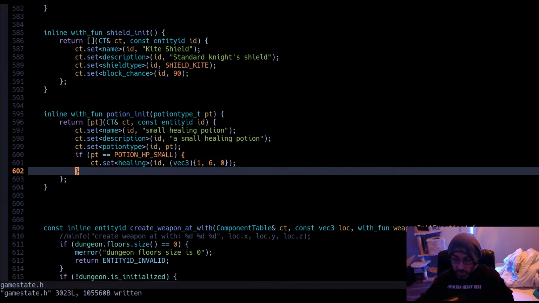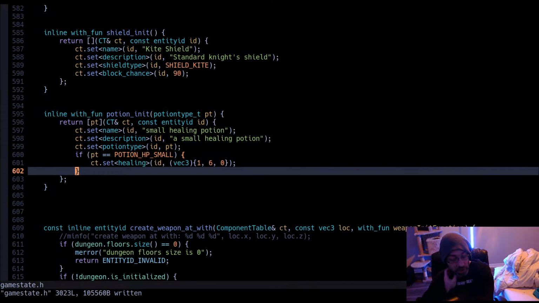But that doesn't mean that you can't have enchanted potions that give bonus healing, for instance. You can take an item definition and modify its properties to give it bonuses on top of its existing traits. And that's the kind of level of flexibility.